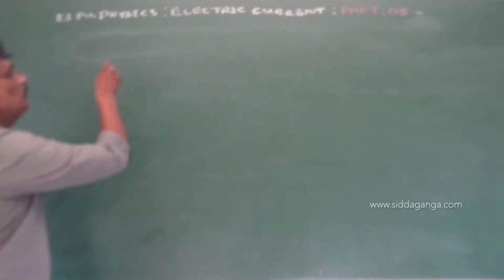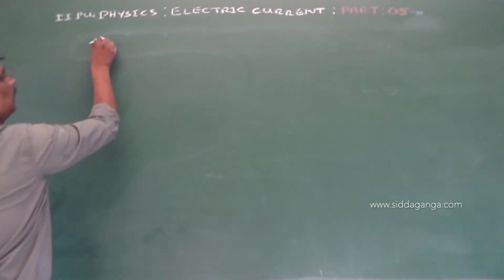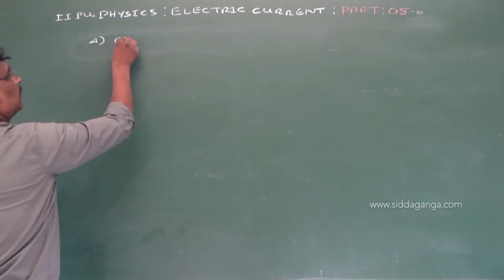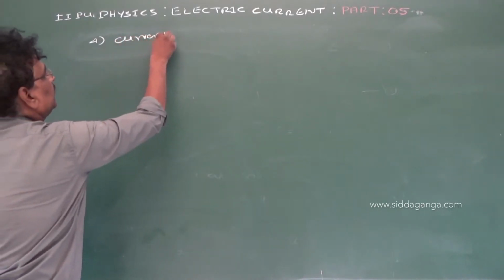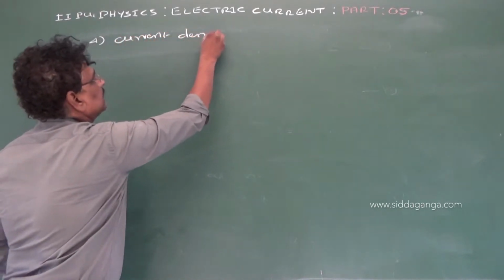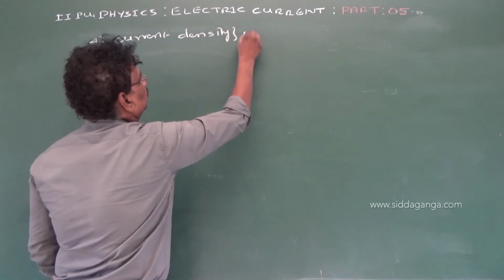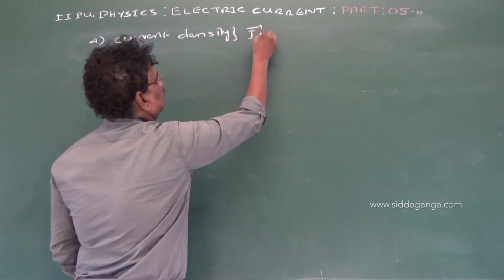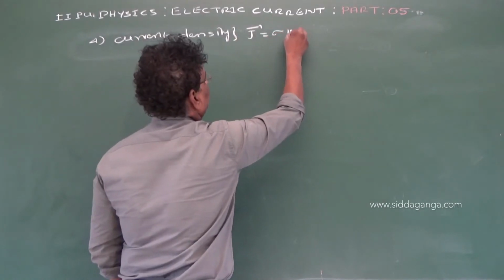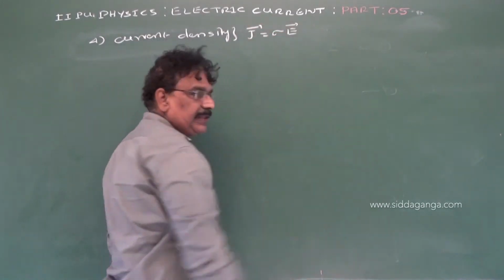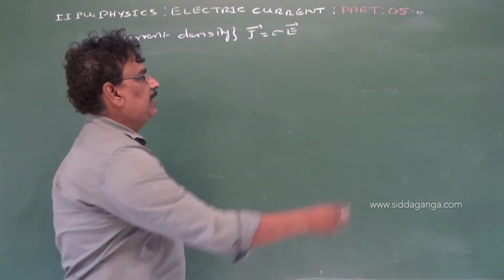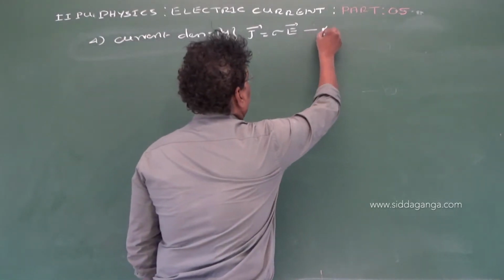And fourth one, we have current density, J is equal to sigma into E in vector form, right? Let us take it as equation number 4,